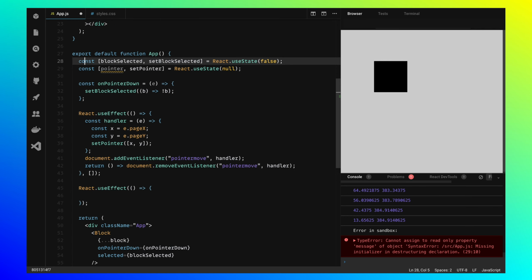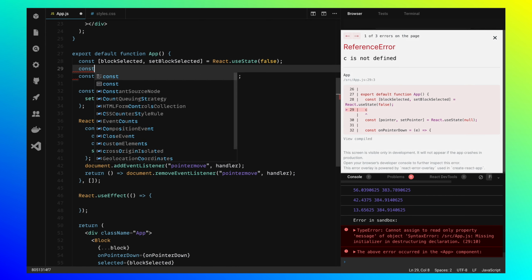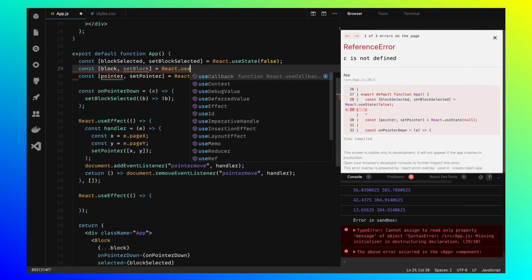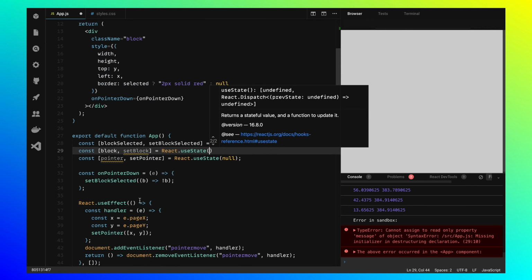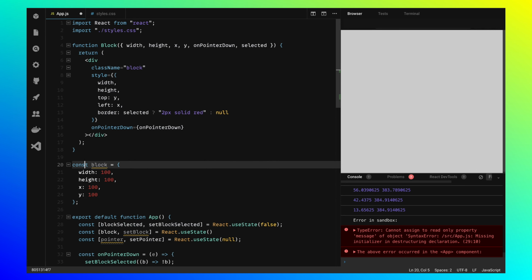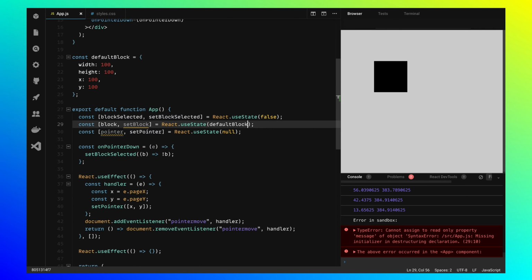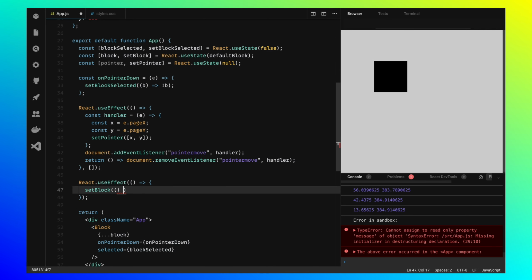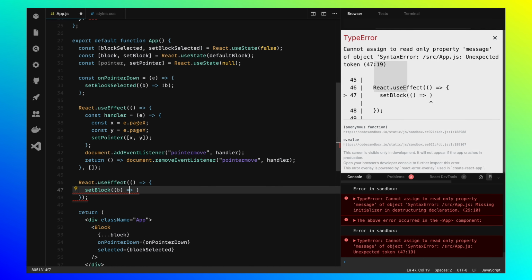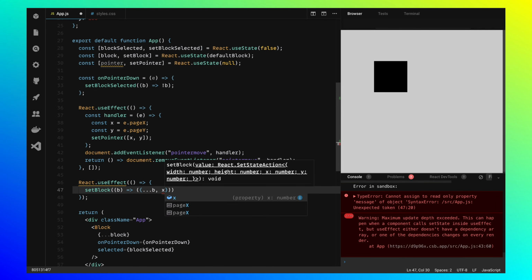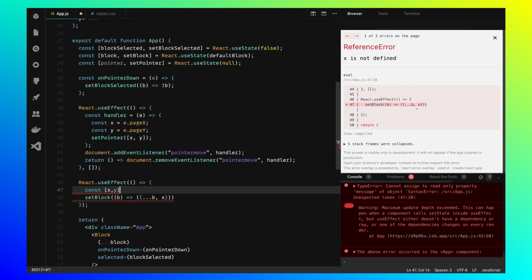Before that, let's move the block object into local state, because now we will want the block to actually change or update. So we will need to keep track of state. I'm going to turn the block object into defaultBlock and put it in as the initial value into useState. So now we can update the block. I'll use the setBlock function and pass it a function that takes the current value of a block, and then I will update only X and Y coordinates. And I'm going to take them from the pointer state, from the mouse position state.